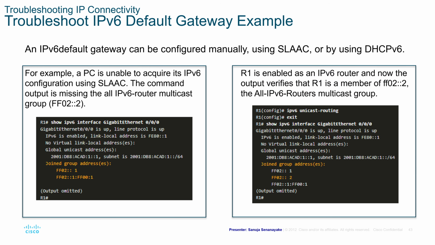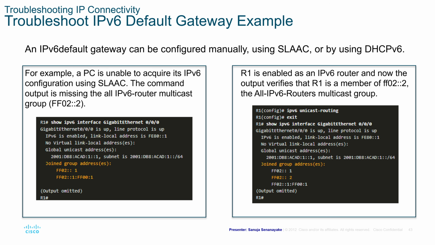Troubleshoot IPv6 default gateway example. So here's an example of an IPv6 default gateway issue troubleshooting. On the left hand side, we have an example where a PC is unable to get its IPv6 configuration using SLAAC. Again, if you don't remember how IPv6 works or how SLAAC works, I have already covered those topics on my YouTube channel. Please go back to my YouTube channel and watch those videos, and you will have an idea about how that works. So the command output is missing all the IPv6 router multicast group, which is